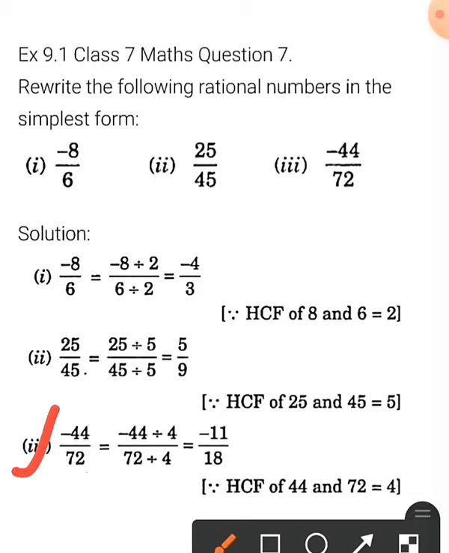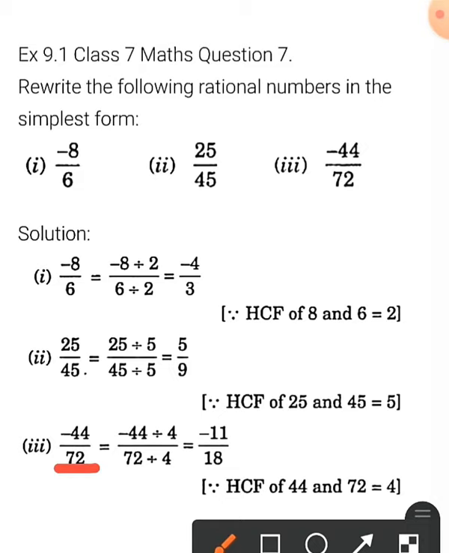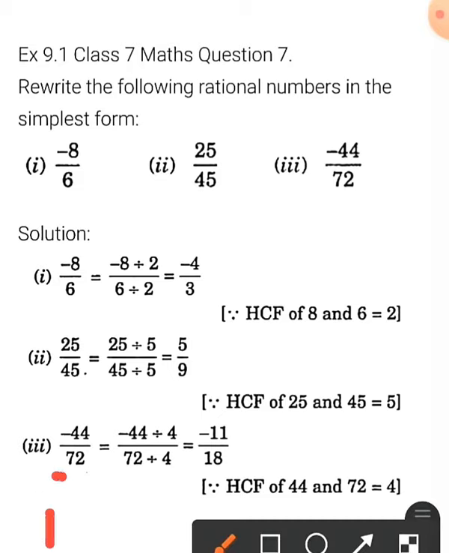So let us see minus 44 upon 72. Here the cancellation is done with the table of 4. So highest common factor, दोनों किस टेबल में आएगा? तो उसका जो highest factor है, that is 4. 44 and 72 का highest common factor 4 है. So we need to do cancellation with 4. 4 ones are 4, 4 more leaves 3, and 4 8s are 32, so 18 you will get. 4 18s are 72. This way you will do cancellation, or you can divide on the side and get the answer.